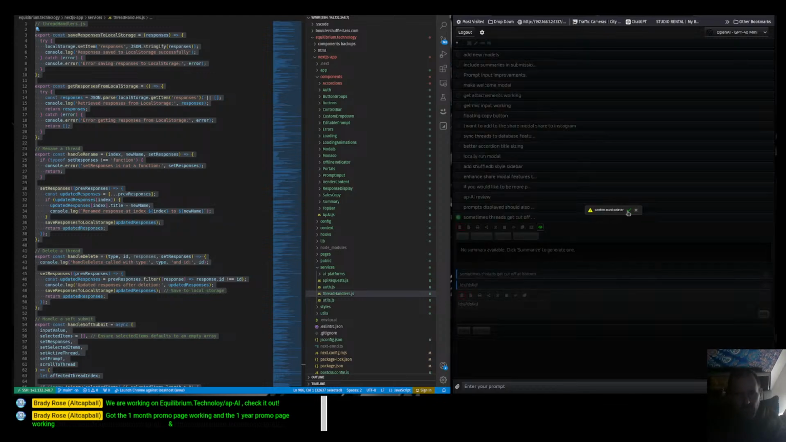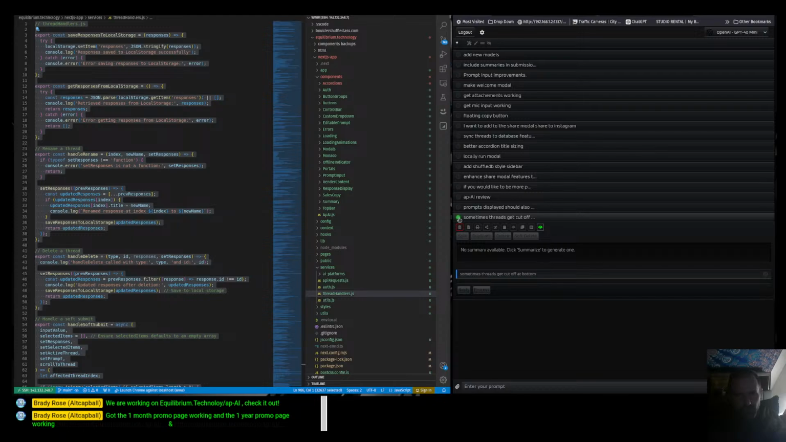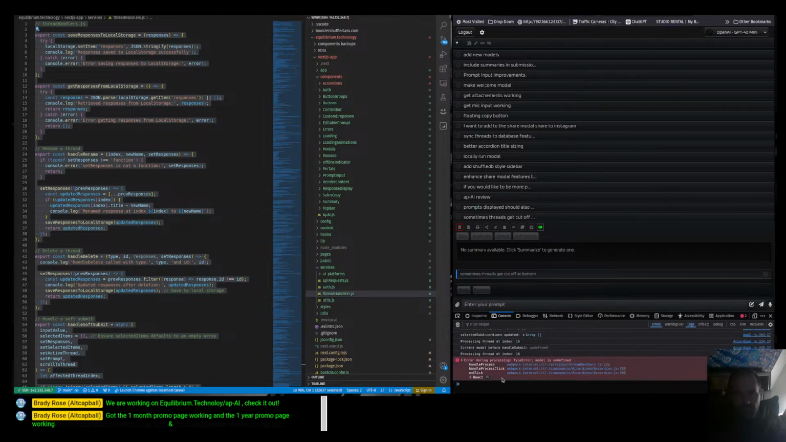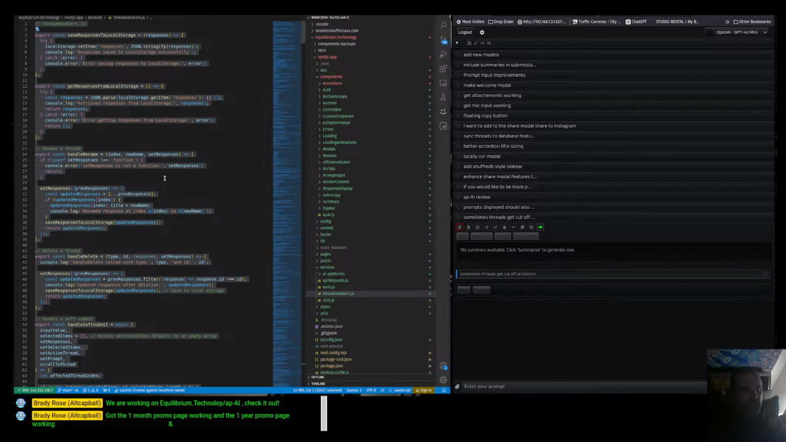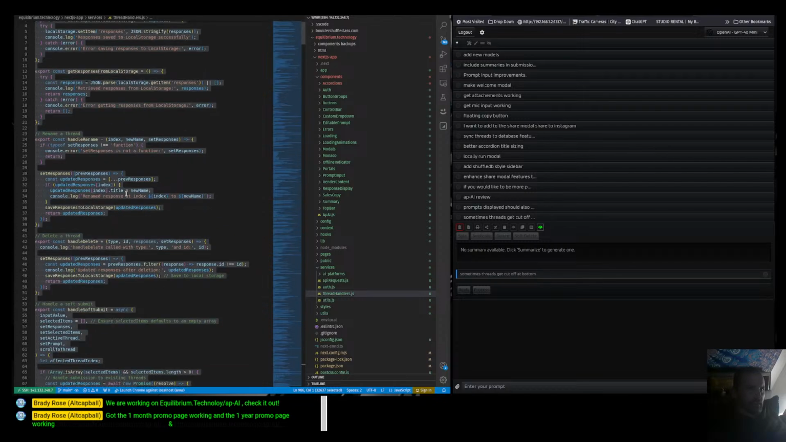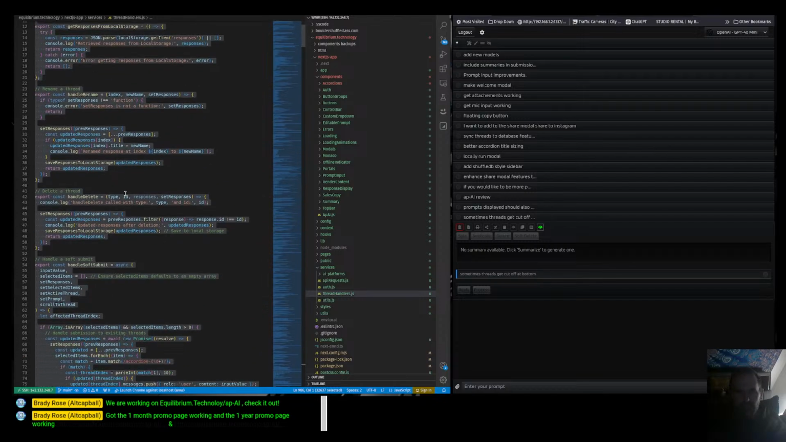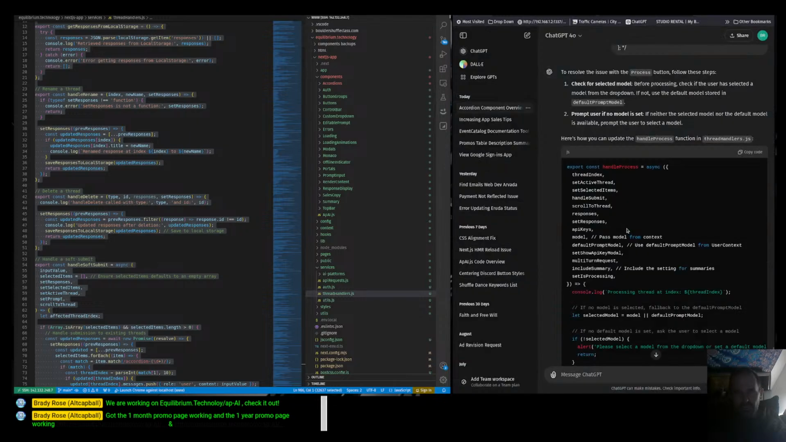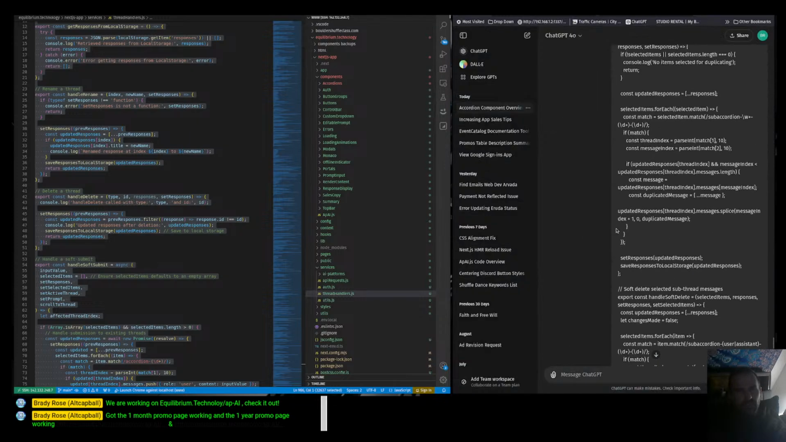But another thing is, when this doesn't need to be selected, you hit process and nothing is happening. And in the console, I got this type error: model is undefined. So the model is not being passed to the function. And so I gave OpenAI the